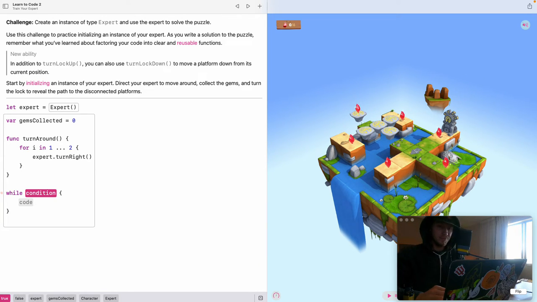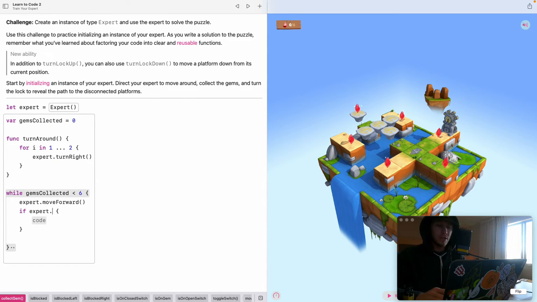While. So this one, I'm going to say while gems collected is less than the total, which is 6. So while gems collected is less than 6, we're going to, first of all, expert move forward. He's just going to be moving forward. Now, if the expert is on gem